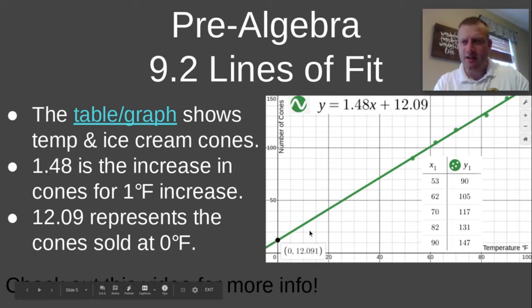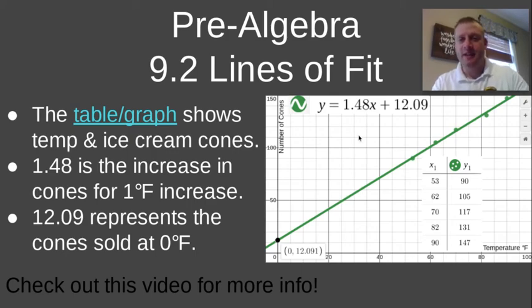If you have more time, you grab a calculator. If you struggle with that, because honestly, I would probably grab one in most cases for slope. But 30 divided by 20 is about 1.5, which is really close to the 1.48, the slope, which is telling us every time the temperature goes up 1 degree Fahrenheit, 1.48 more ice cream cones are expected to be sold. And obviously, that's a rounded number, and you can't sell part of an ice cream cone, but that's what our